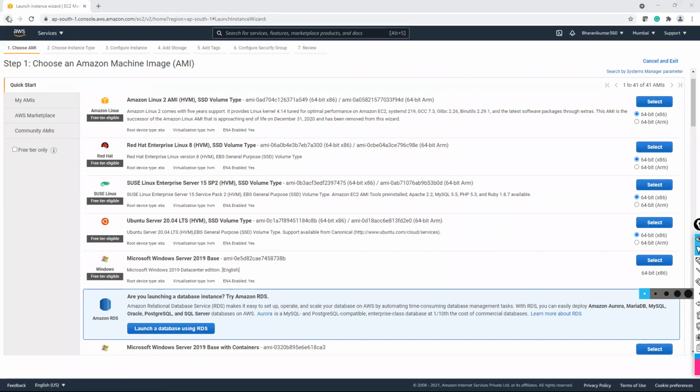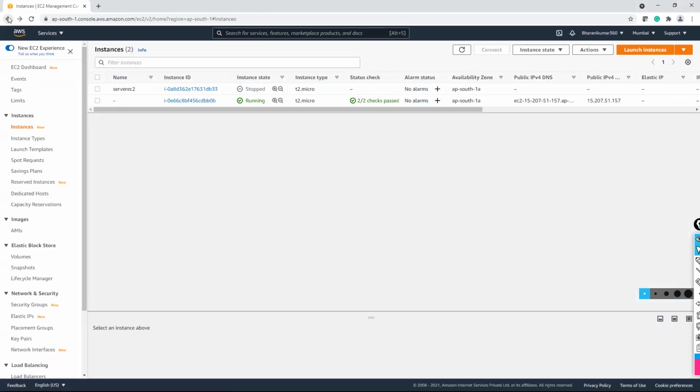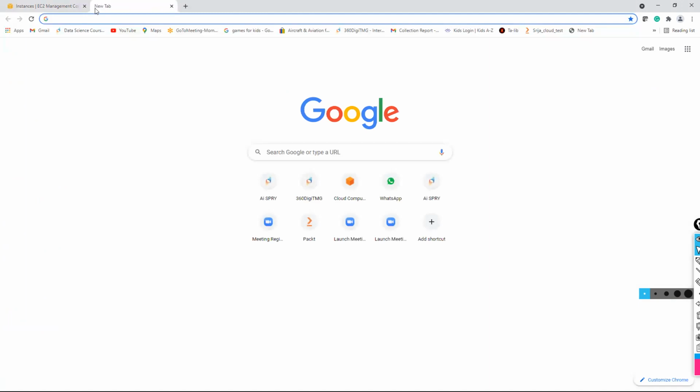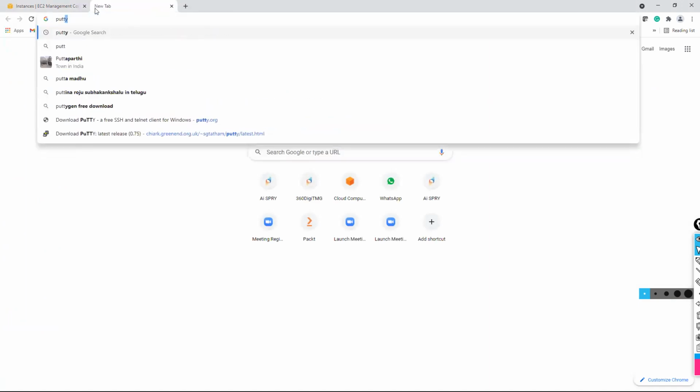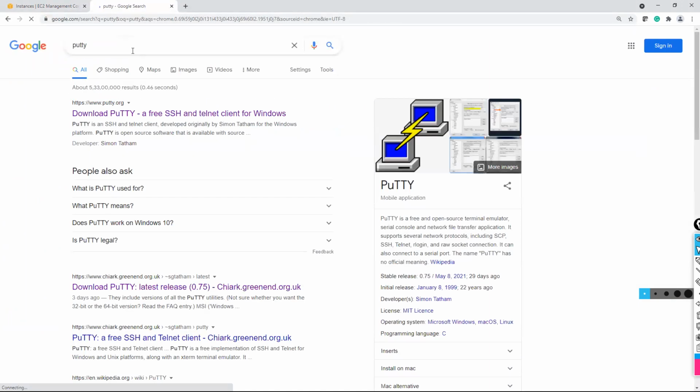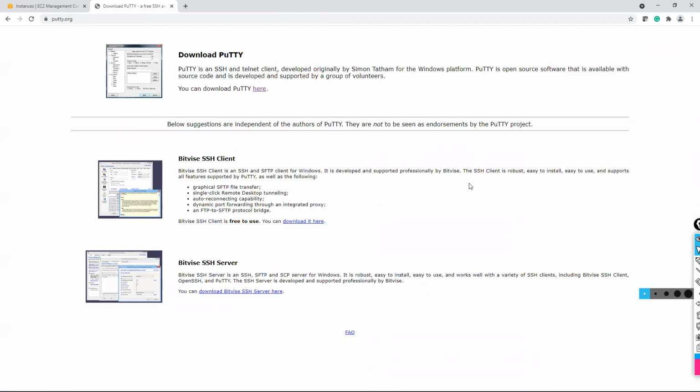So let's see how to SSH, or using a SSH client, how you can connect to your Linux operating system. For this, you need software called PuTTY. You need to download this and install it. So everyone ready with this?